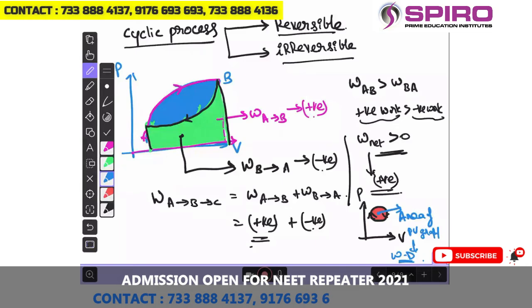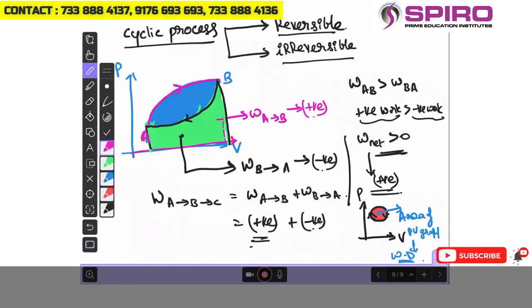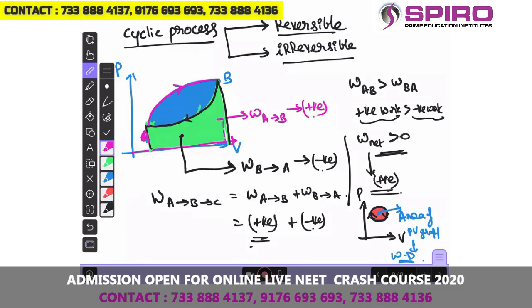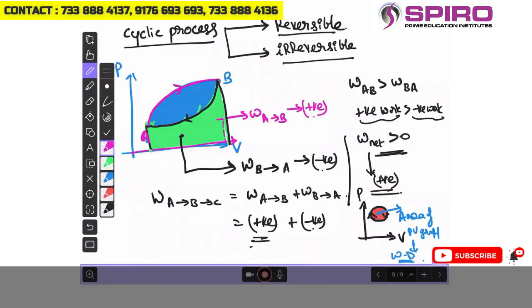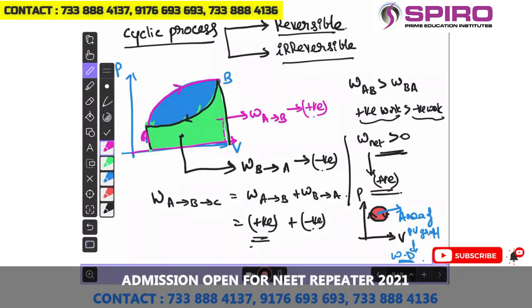Okay. So this is the cyclic process: the point where the process has been started, after undergoing different stages, has come back to the initial point A itself. This is called a cyclic process. In this cyclic process, if the path in the volume expansion side and the path in the volume contraction side are not the same, that is called an irreversible process. So whatever examples we have discussed so far all come under the irreversible cyclic process.